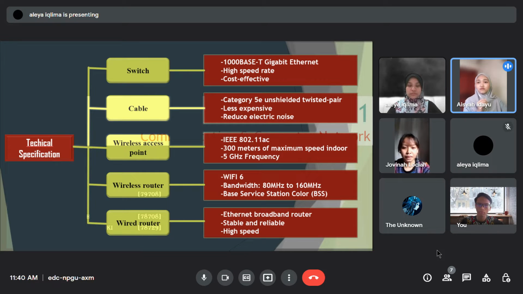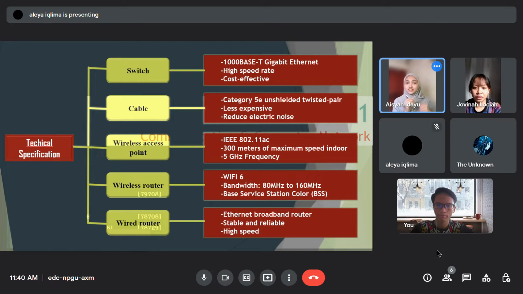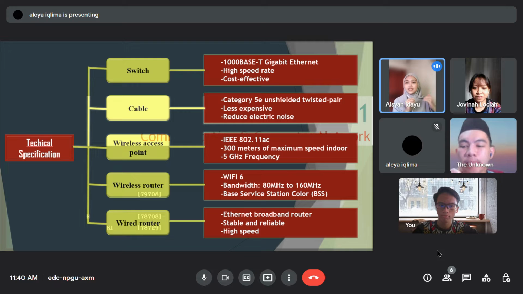Next, the type of wireless router is Wi-Fi 6. This Wi-Fi has a bandwidth from 80 MHz to 160 MHz, which means users will have a faster connection experience and can upload and download huge files without any problems. With Best Service Station Color (BSS), there will be less interference from surrounding wireless networks and thus less conflicts with